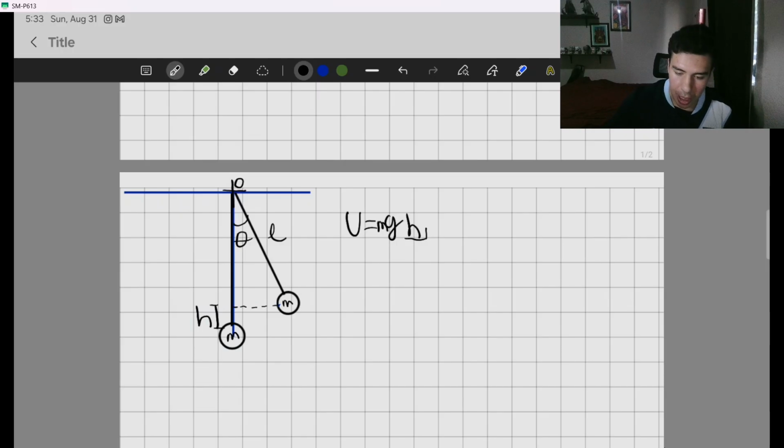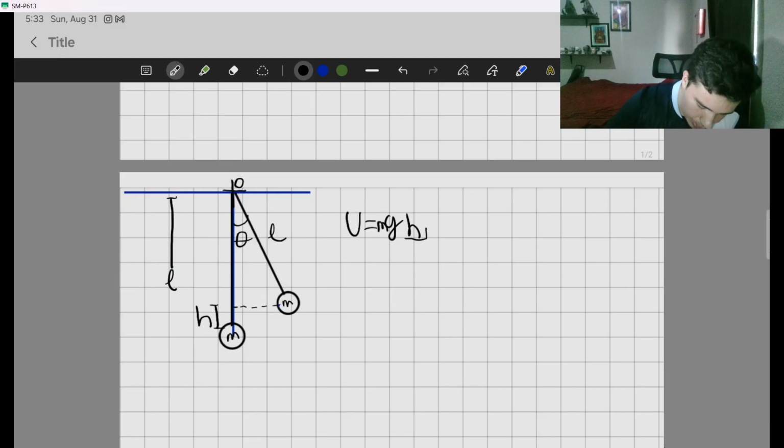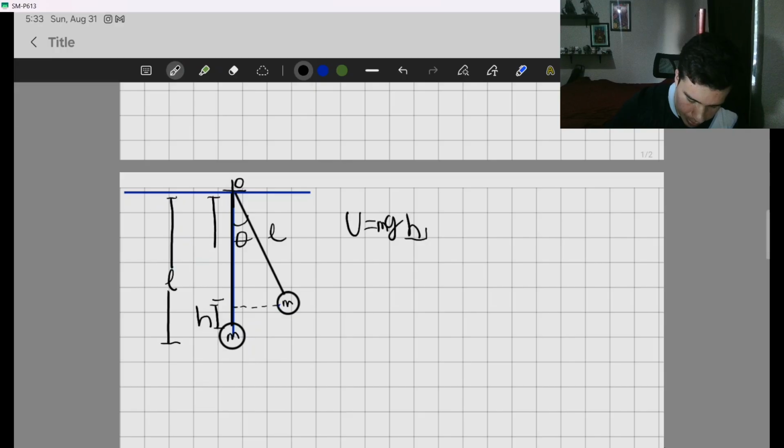Okay, so how do we find this value? If you notice, all of this will have a value of L, the length of the rope. Okay, and we need to subtract the distance of this part right here,